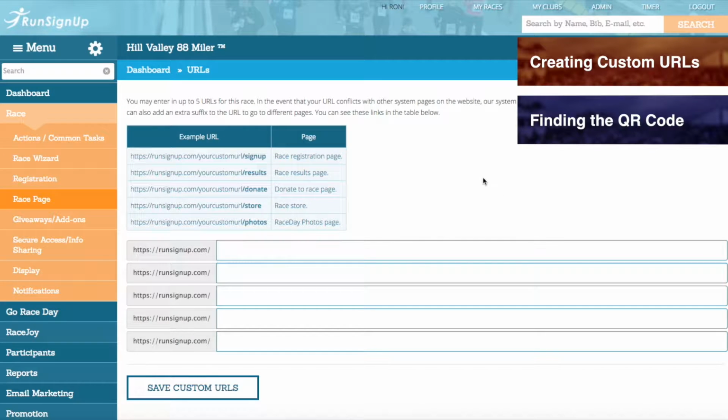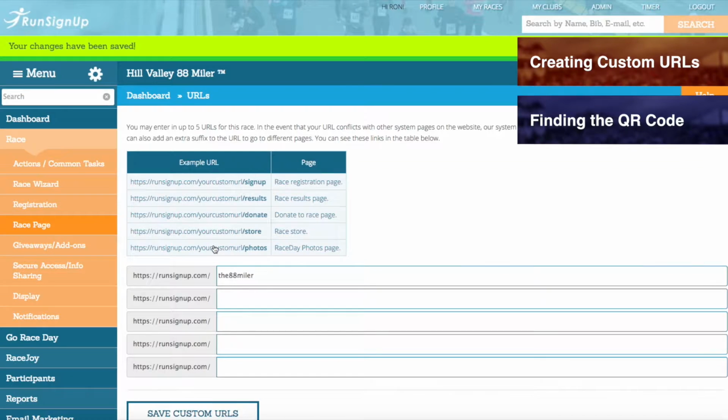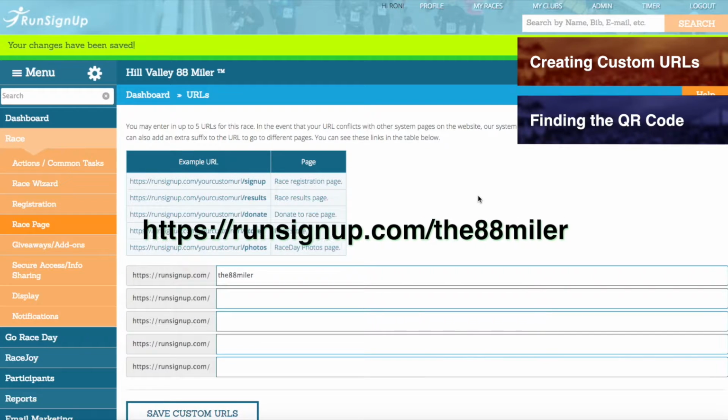Once on the URLs page, you can enter in up to 5 custom URLs for your race. The first portion of the URL is already filled out for you and will not be editable. This first portion will be the start of every custom URL. In the editable field next to that portion, you can decide how you would like for the URL to end. For instance, if you entered in the 88 miler here and saved the changes, then your shortened URL would be